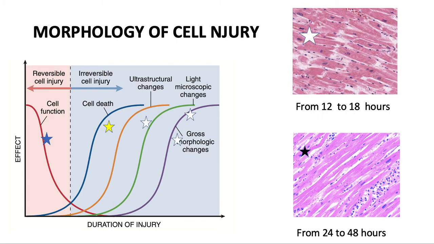It is absolutely impossible to find cells with morphological signs of cell death. But on the other picture, pay attention to the black star. You find all morphological signs of cell death: coagulative necrosis, karyopyknosis, and karyorrhexis, the issues that we discussed during the